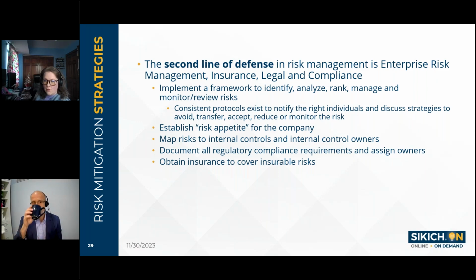Sitting around a table discussing what risks you should be considering in the coming year and how you should address them is a mitigation strategy that can be applied at smaller organizations. And for some risks, when talking about the second line of defense, it could be an outsourced risk mitigation strategy. For instance, you might have outside counsel, or you could also have an insurance broker for insurable risks. But the important thing is identifying, understanding, and then applying a mitigation strategy. Those are the important things. And if you're not in the process of identifying risks, you won't be able to determine how to remediate issues or apply a risk management